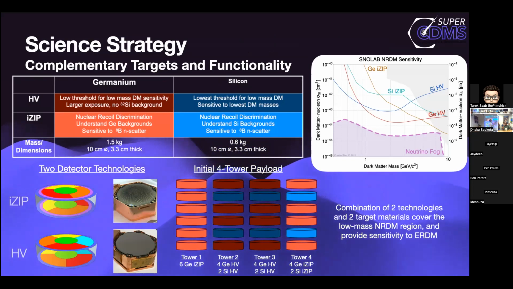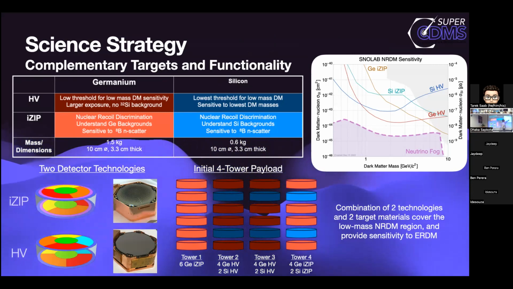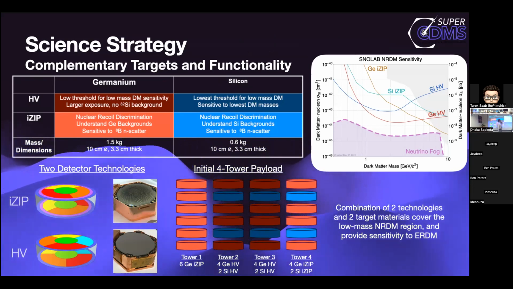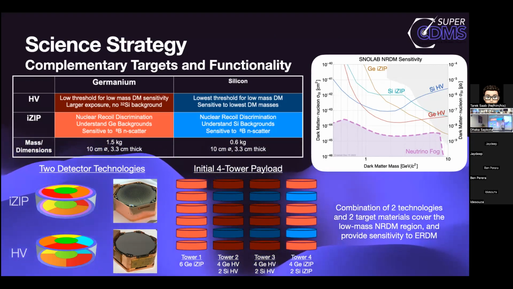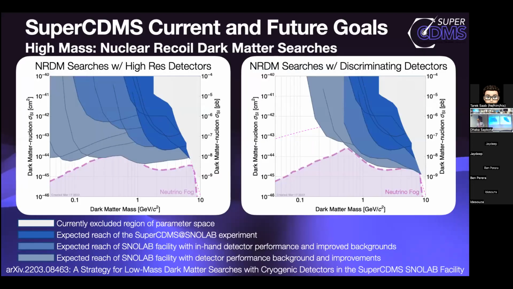And the ultimate reach of these, so this is the same plot that I showed you earlier. This is the projected reach of this experiment. If you look at the combined lower line, it shows you the cross section that we'll be able to get to. And in this version of the experiment, it'll get close to where neutrinos are going to become a serious issue. As I said, we actually do expect to see on the order of tens of neutrinos in the experiment. And to go beyond that, it'll start becoming a challenge.